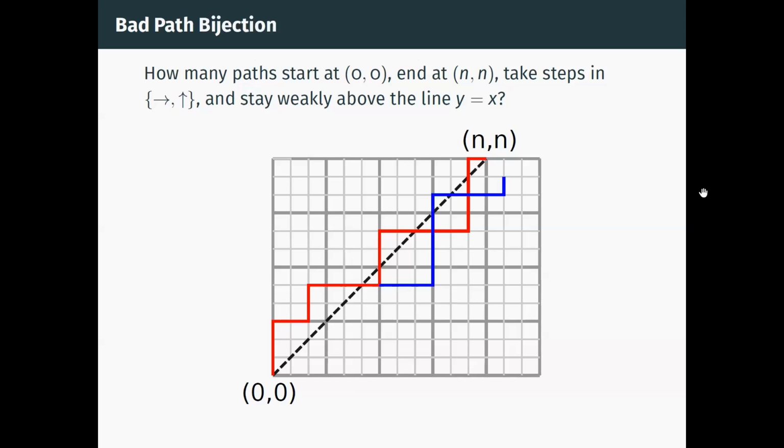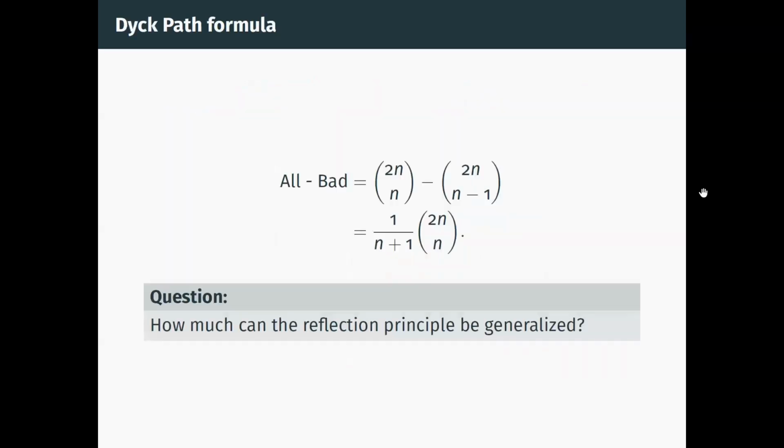And in order to count paths like this, we might pinpoint the first time when it goes below the line y equals x, flip the path from there on, and then we'll always end up with a path that, it's not too hard to show, ends at (n+1, n-1). And that's a bijection between the paths that go from (0,0) to (n,n) and do cross below, and any path from (0,0) to (n+1, n-1). And so that's convenient because then we can count those paths really easily. And overall, we know that the set of paths that stay above is all the paths minus these bad paths. And so then you get pretty quickly the formula for the Catalan numbers.